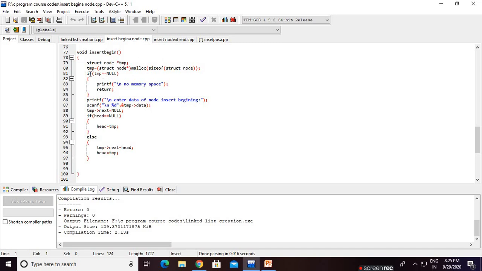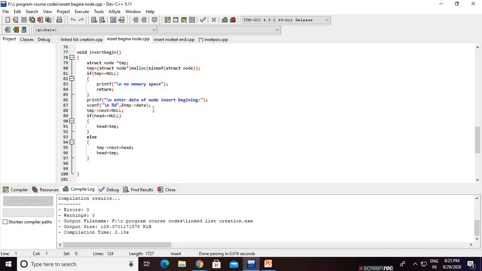Now check if temp equals null. That means we are checking whether we allocated some memory or not. Yes, we allocated some memory, so obviously temp is not null, so we do not exit. Then printf enter the data. For taking the input, scanf %d ampersand temp arrow data.